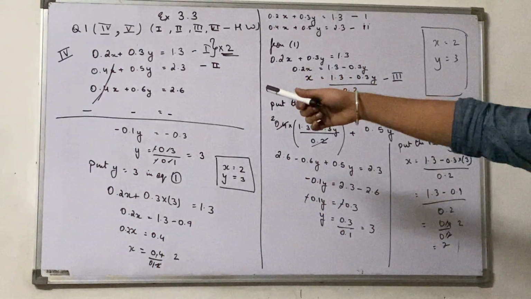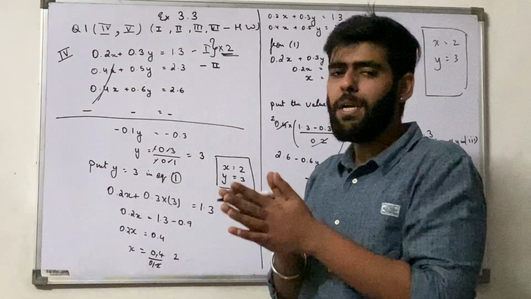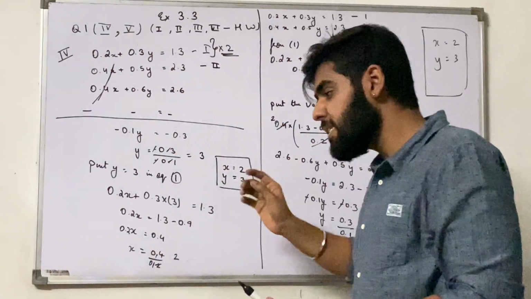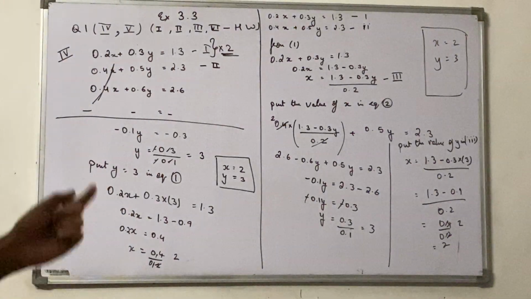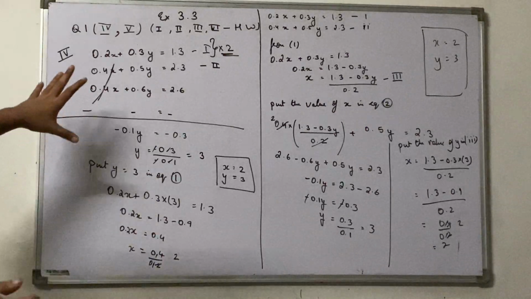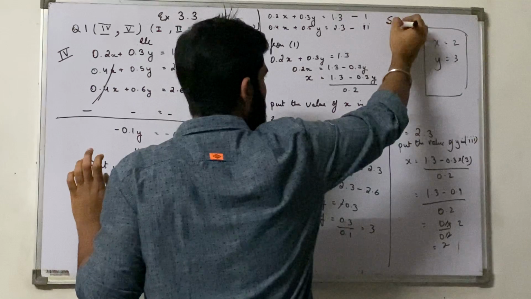Now this question seems pretty simple. This does not seem pretty simple. Hence we will always try to follow the elimination method. Despite the fact that we have done this method in 9th standard, this method still seems tough as compared to the elimination method. I request you to note down these questions with both the methods. This is elimination and this is substitution.